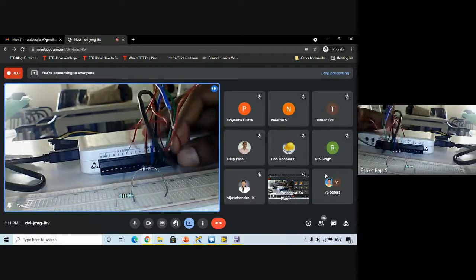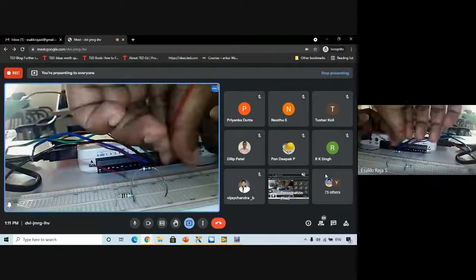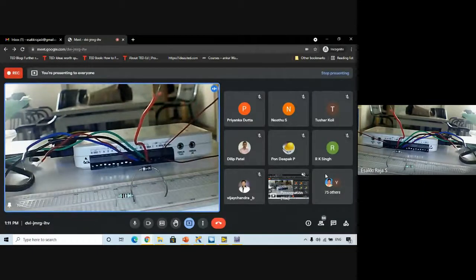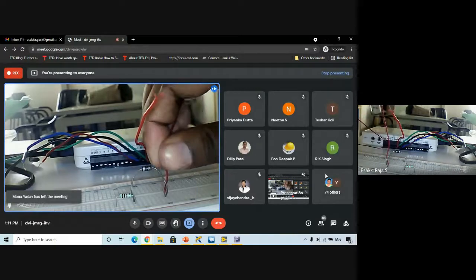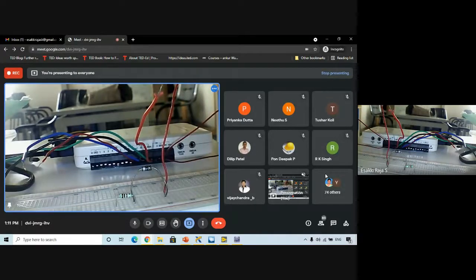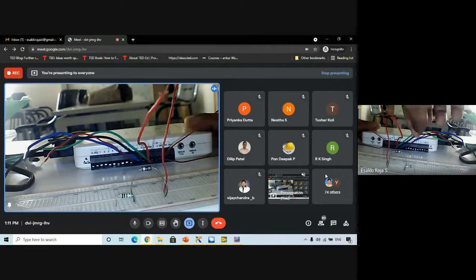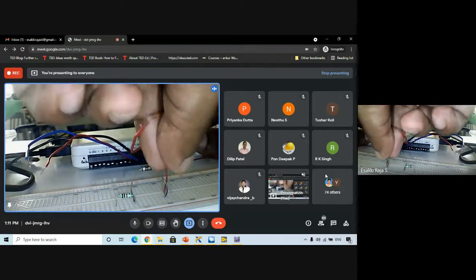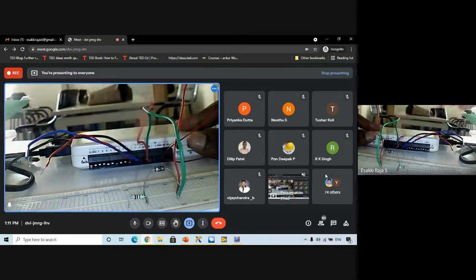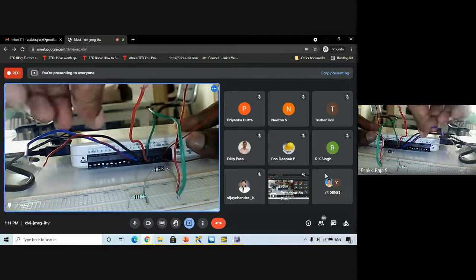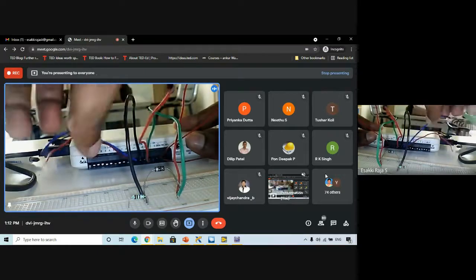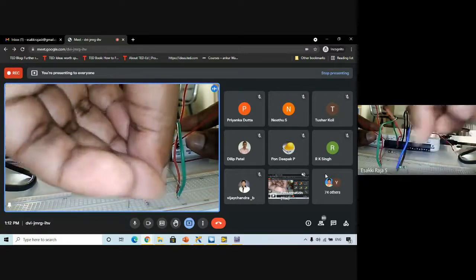Now we are going to plot the VI characteristics for the diode. First let me provide an input for my diode. This is my analog output 0, which will be used to generate a signal. I'm going to connect it to my diode's anode terminal. Then I want to measure the voltage drop across the diode, so channel 0 I'm going to connect parallel to my diode. Then channel 1 I need to connect parallel to the resistor.